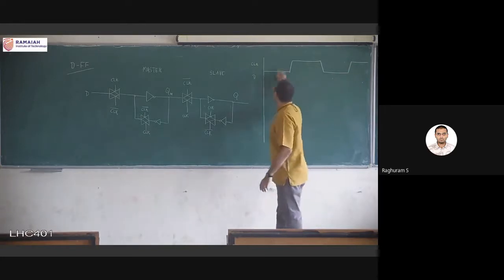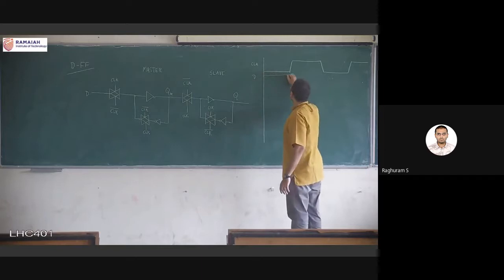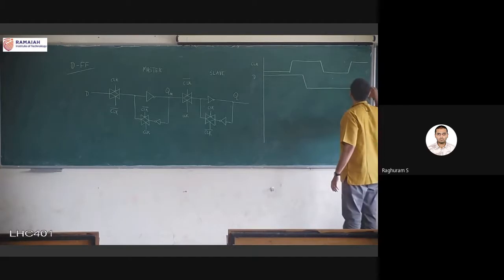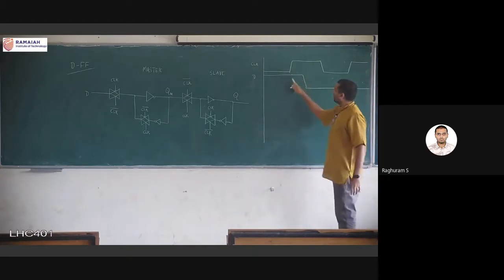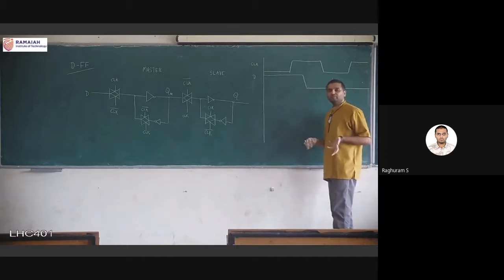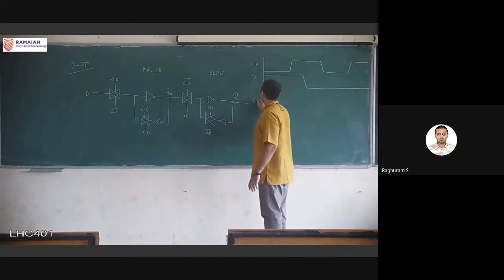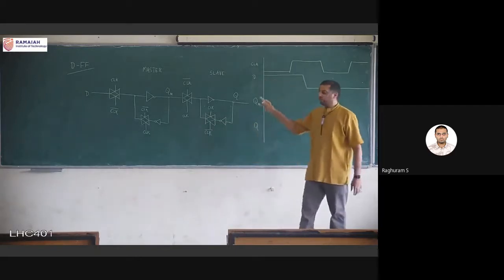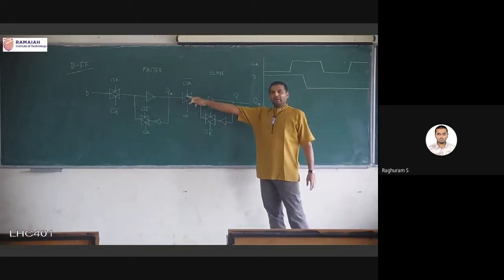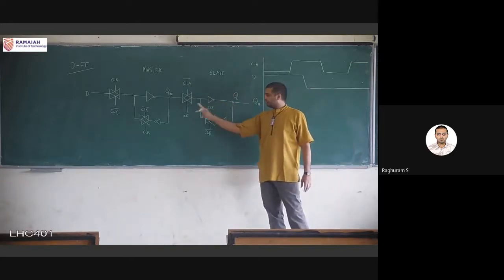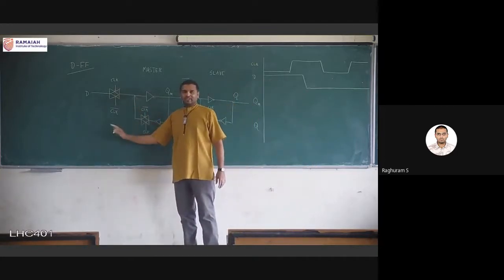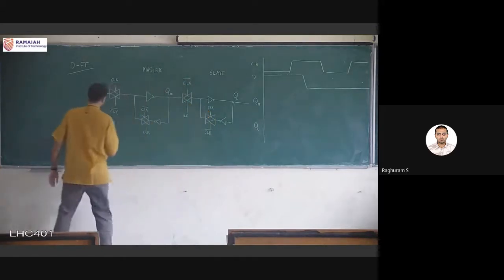So let us take this D and change it here to 0. So in one edge it is 1, and in the negative edge it is 0, so that based on the value that we get, we might know. Okay, so here we have 2. Directly we cannot get Q. First we have to plot QM, and from QM only we will get Q. We know how to plot QM because this is just a latch, and for this latch we can say